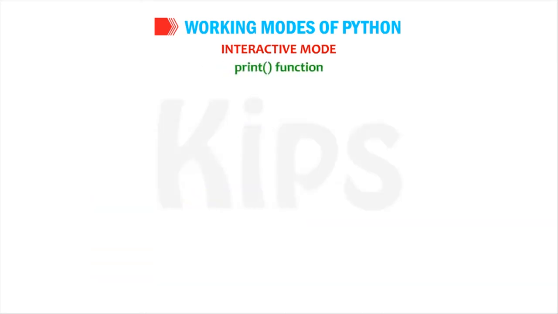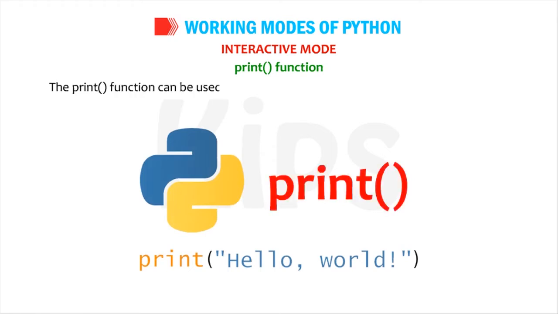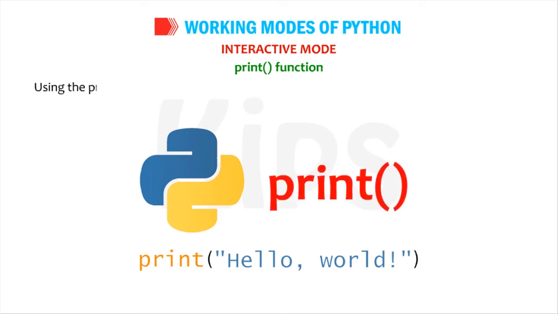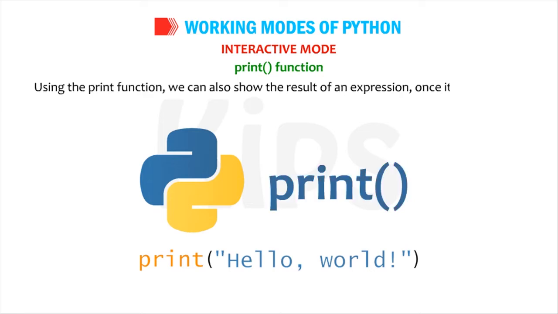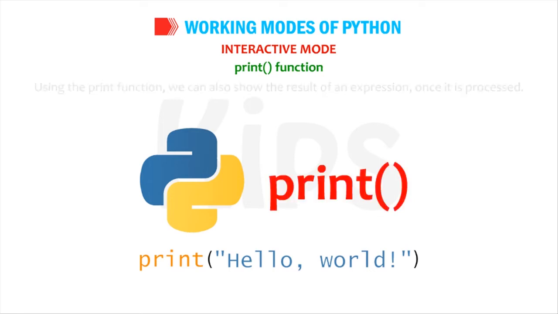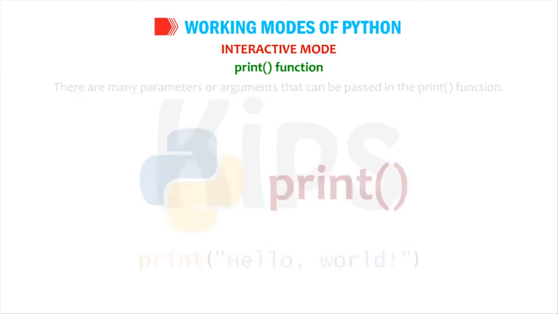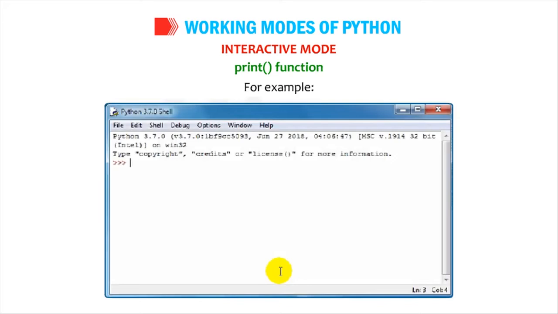Print function. The print function can be used in interactive mode as well as in the script mode. It is used to display user-defined messages on the screen. Using the print function, we can also show the result of an expression once it is processed. There are many parameters or arguments that can be passed in the print function. For example,